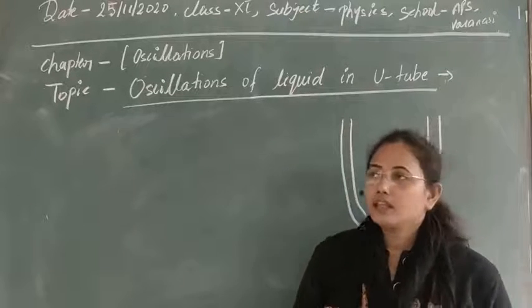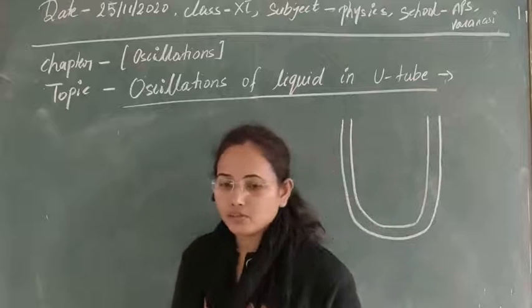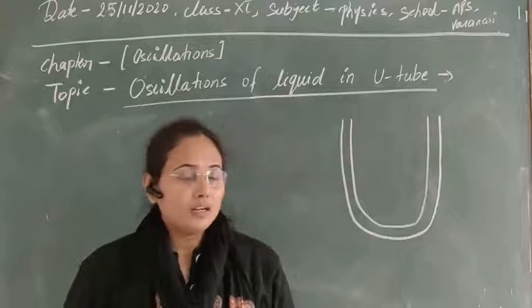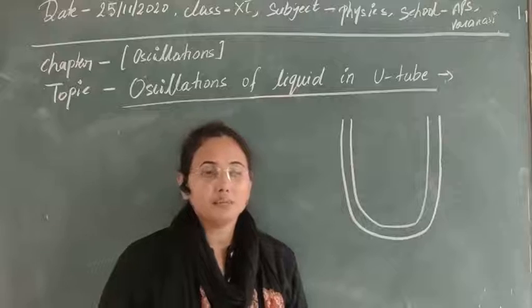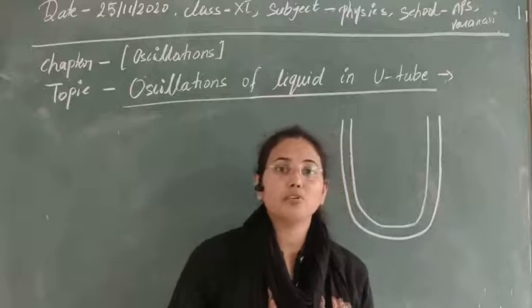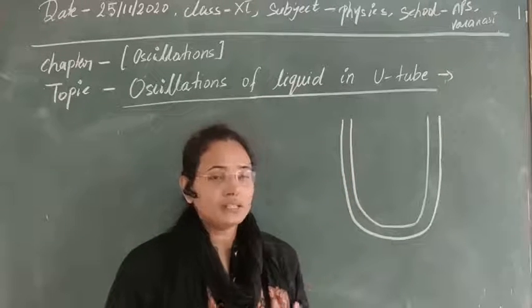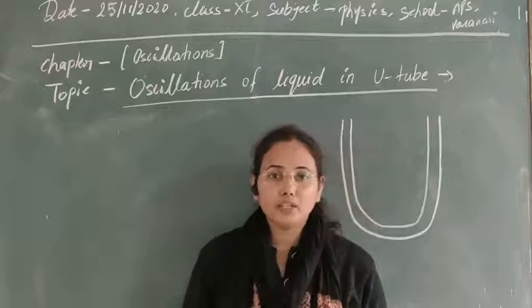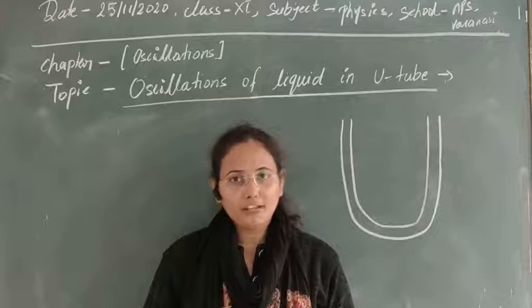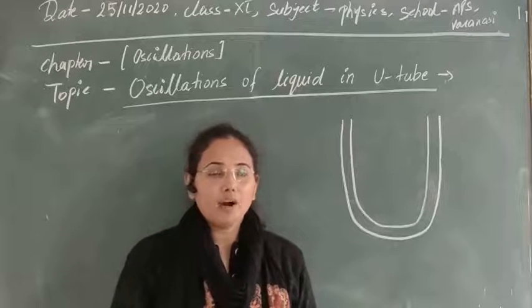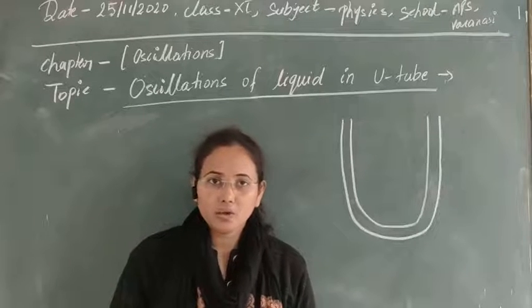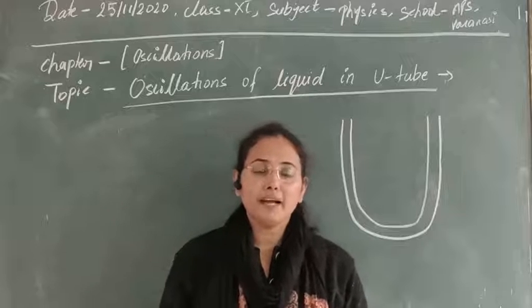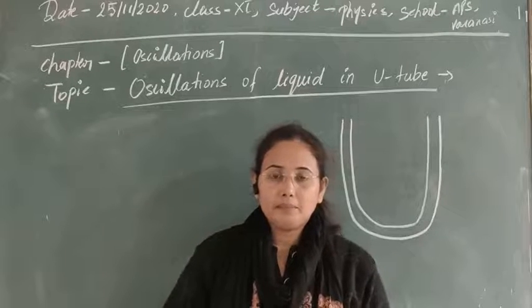In the case of the simple pendulum, there were some conditions: the string should be inextensible, weightless, and flexible, meaning all these ideal conditions should be present there. And for the mass, as we know, it should be a point mass. So these are the requirements for the simple harmonic oscillation that can be performed by a simple pendulum.